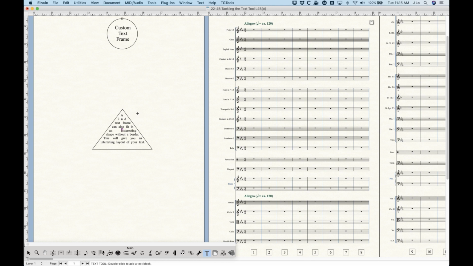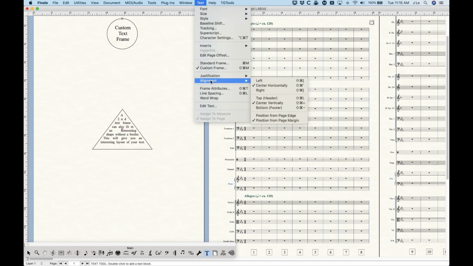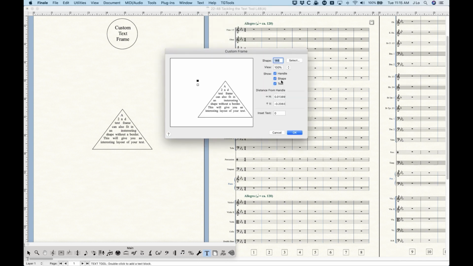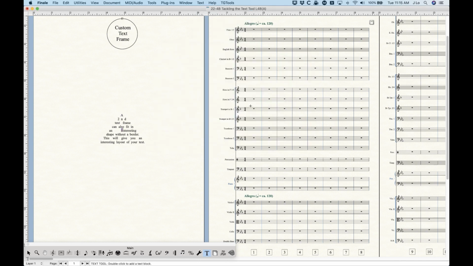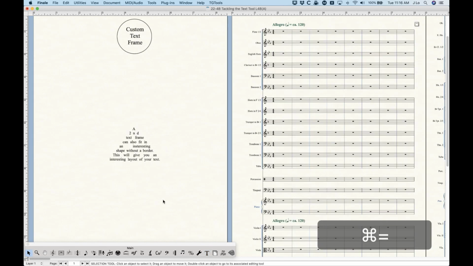And you can see the result of the forced full justification, that it will kind of nicely follow the contours of the custom shape that you created. It doesn't quite go to the end. I guess I could have made it a little bit smaller, but this is the general idea. And again, if you wanted to, you could leave the triangle shape there, but what we can also do is just choose to not show the shape. And this will do something interesting for us where it will put the text in a pyramid type layout